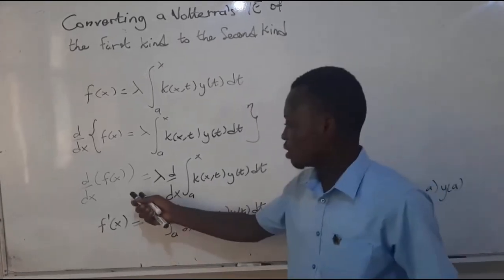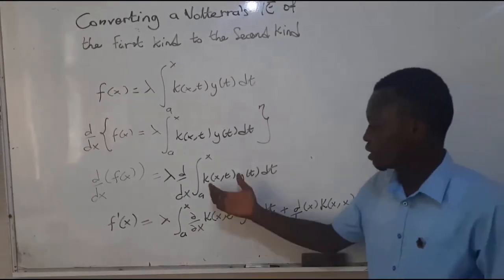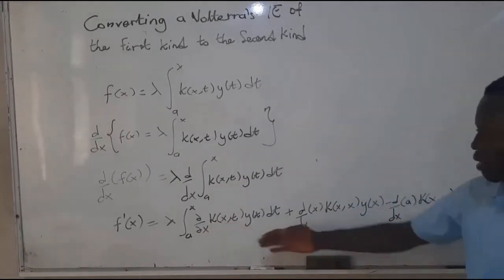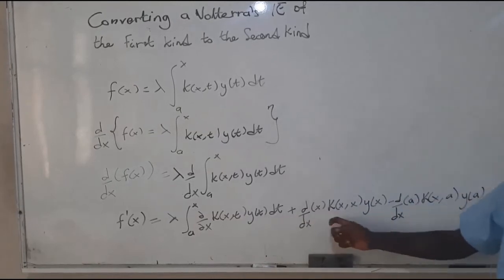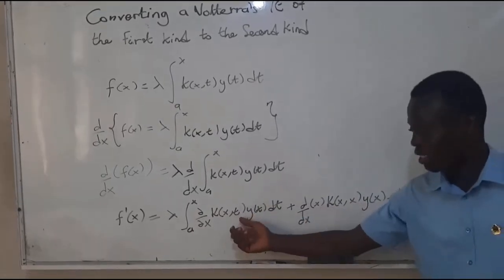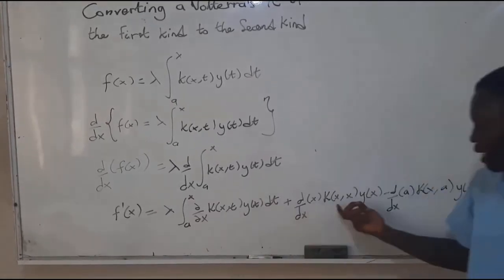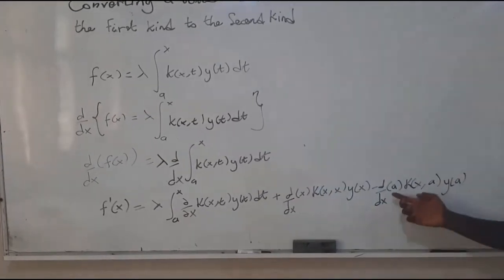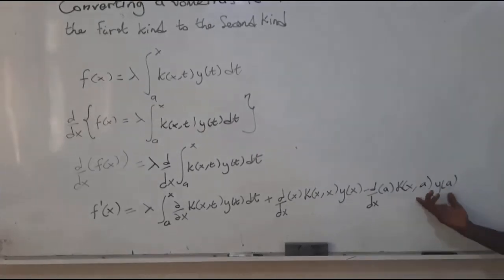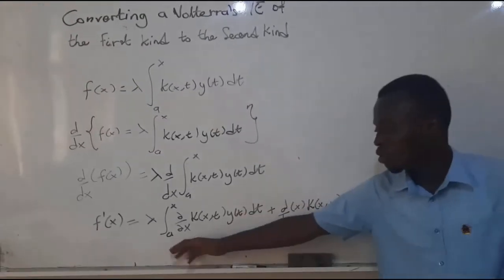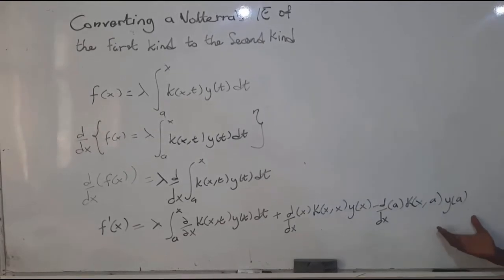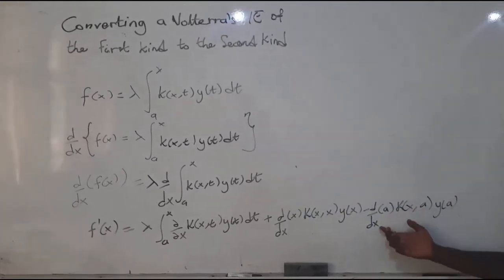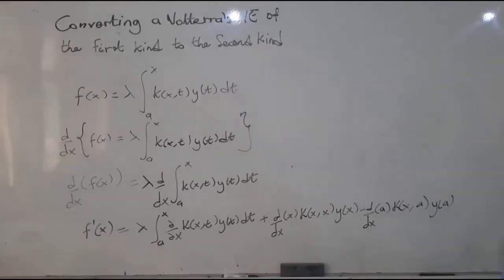we are applying differentiation under the integral sign. So we first differentiate this function with respect to s, the partial derivative of this. After that, we take the derivative of the upper limit and add it, and take this function, wherever you see t, you insert the upper limit there, and minus the derivative of the lower limit, d/ds of a. Then wherever you see t in this function, you replace it with the lower limit, which is a. So this is what we are going to get. Now a is a constant, so if we differentiate a, we get 0. So our equation now becomes